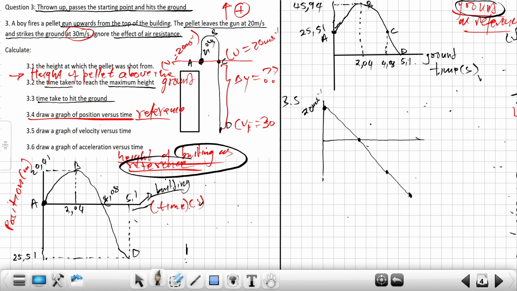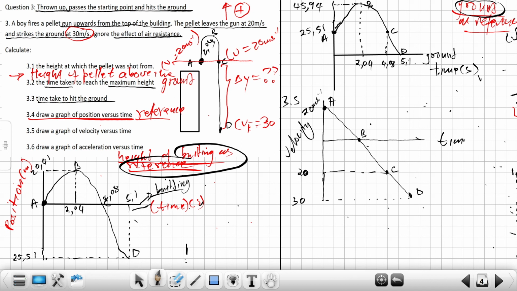Can I label my graph? Yes, I can. I have this point here, which is A, maximum height, which is B, at C, and then I can further explain it as D. So it says at C, the velocity here, according to symmetry, it must also be 20 meters per second, just in an opposite direction. Then the final velocity here was also 30 meters per second. So this is my velocity, and then this is now my time